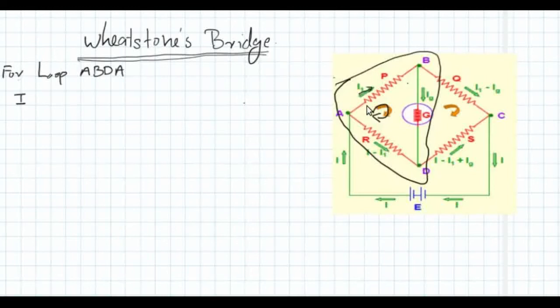In the loop ABDA, there is no source of EMF. So simply take the sum of potential drops across the different resistors. Across P it is I1 into P, because P represents the resistance. So I1P, and here